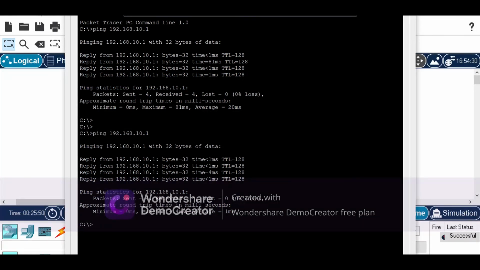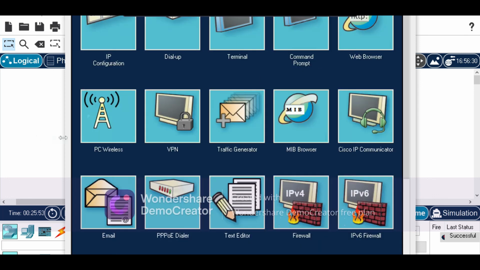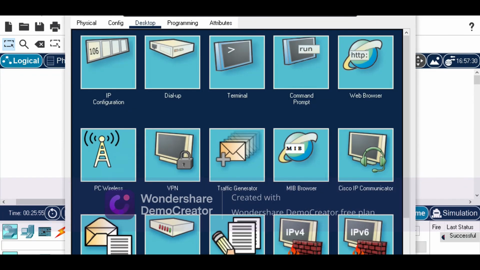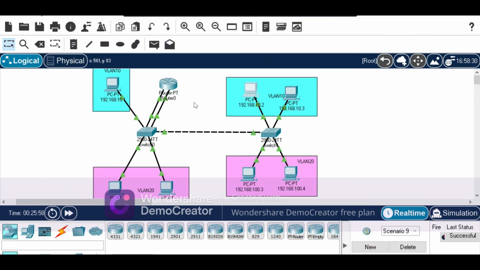So this makes our communication across different networks work, where we have established two VLANs, and the router makes the communication possible, and the trunking of the switches makes a tunnel to communicate across the same VLAN residing across different switches.